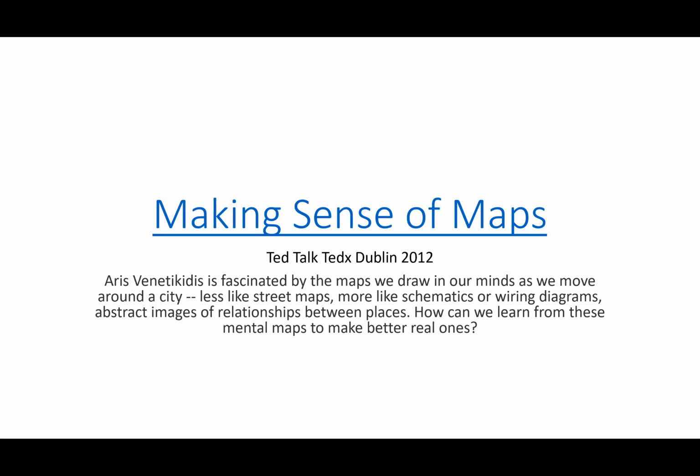So mental maps, the ways that your brain is making sense of the arrangement of things around you, the geography, the dimensions, the directions, the orientations, and you can make your own mental maps. And mental maps count within the sphere of cartography as well. It may not be mathematically accurate, but it is an abstract image of relationships between places and how we understand those things. So there's still a human element of representation. And so I hope you enjoy the video.